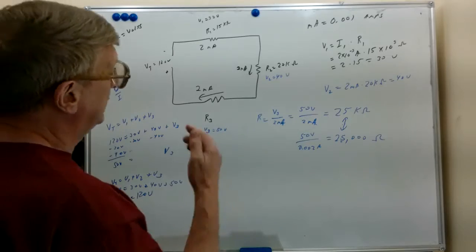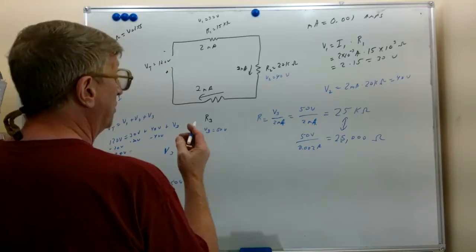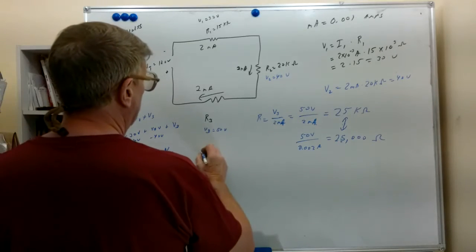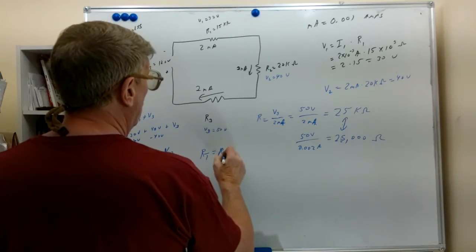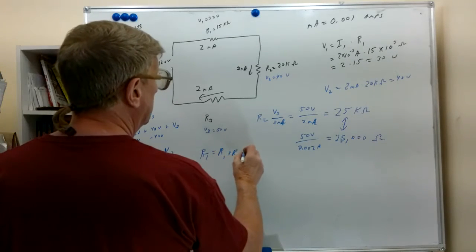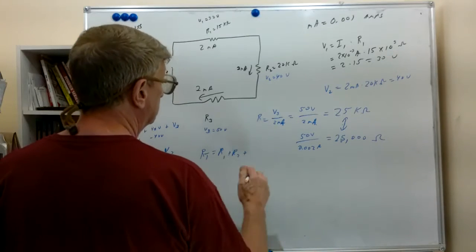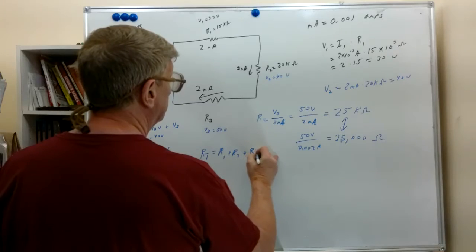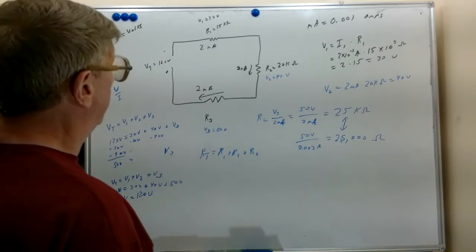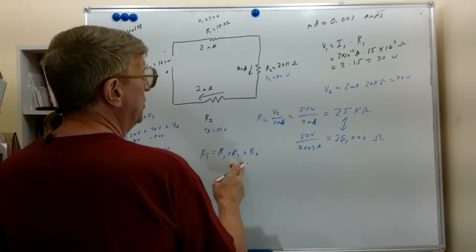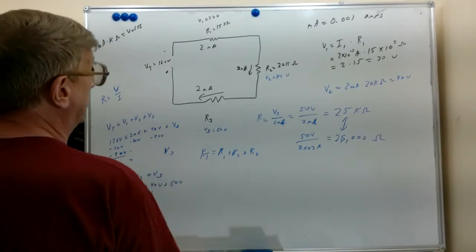Let's find R3 in a little bit different fashion here. Let's go to our series resistance formula. Resistance total equals resistance 1 plus resistance 2 plus resistance 3. We have three resistances to deal with here. So let's see what we've got. We're given R1, we're given R2, we're not given R3, and we're not given RT, but we can calculate RT